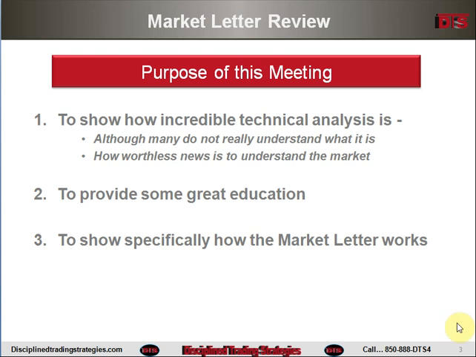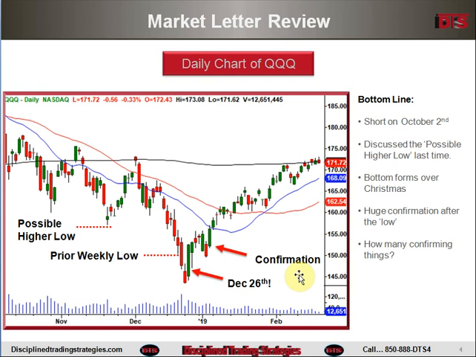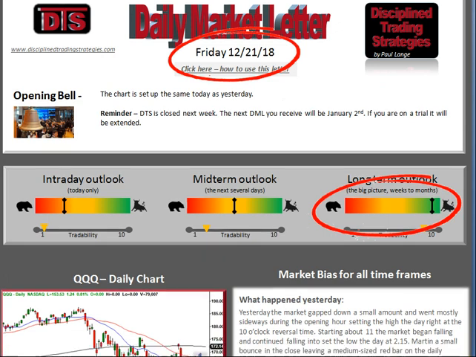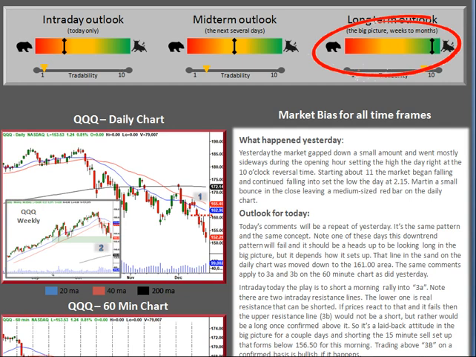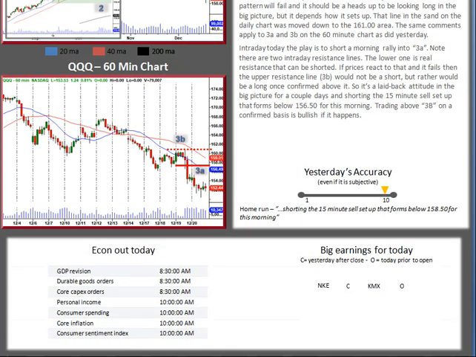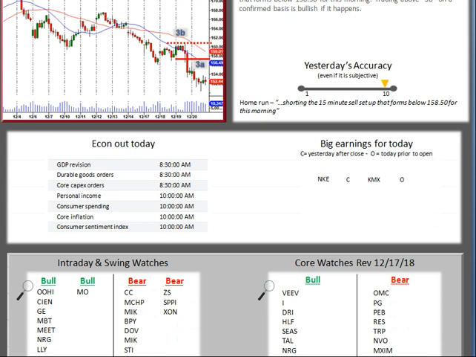Okay, so with that, let's take a look at a couple of things here. Let's start off by looking at a typical market letter. To show you this letter, it's a long letter, like a 1-page PDF file, and it's long. I'll scroll through the whole thing. You're seeing the top part of the letter, and as I scroll down, there's the middle part. As we get down, there's the bottom part, and that's what comes every day. For those of you who get the letter, you know that.